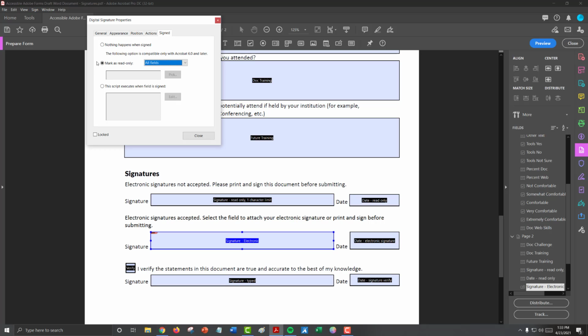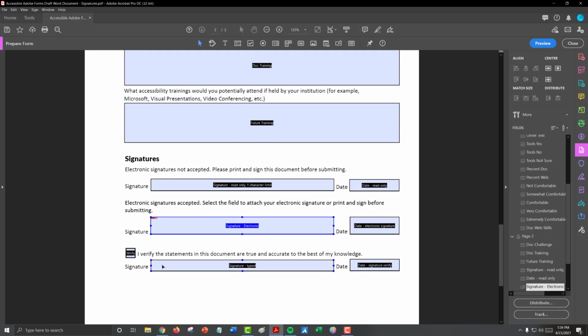This will not limit any print users from doing anything. So I recommend selecting Nothing Happens When Signed. If you do select Mark as Read Only and provide some of the options either for all fields except these, or just these fields, you need to provide that information to users about what will happen when they sign their document. So keep that in mind when you're thinking about that tooltip information or those instructions on the page.